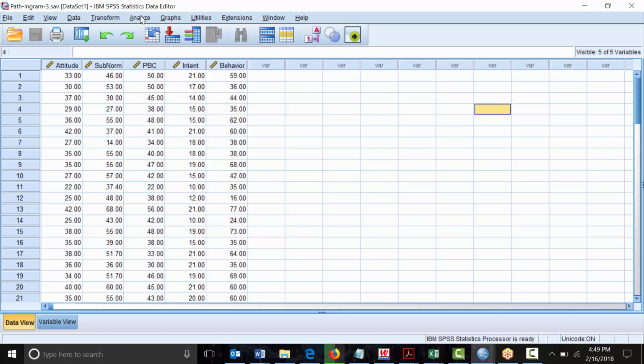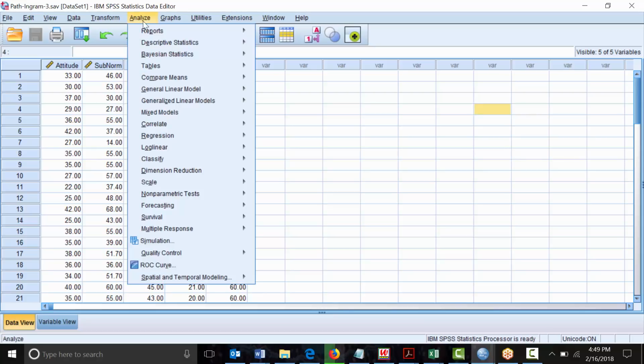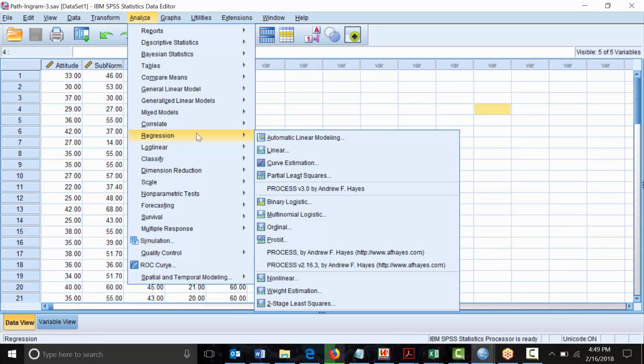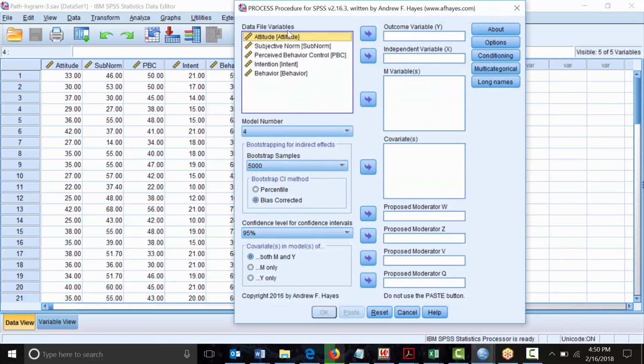So again, to do that, we're going to go to Analyze. We're going to go down to Regression. We're going to go down here to Process. We have all of our variables here. So for this first one, in which we are looking for an interaction, our dependent variable is going to be intention. So we send intention to outcome, and our independent variable in this case is going to be attitude,